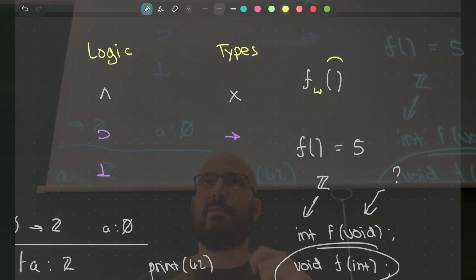The idea is that the function will not receive any information that might affect its return value. It's like, I want to be able to call you, but I don't want you to get any information as input from me. So it means I need a type that only has one element. Because from the moment you have two elements, there is already extra information. The function might ask, which of the elements did I get? But if you have a type with only one element, you cannot even ask this.